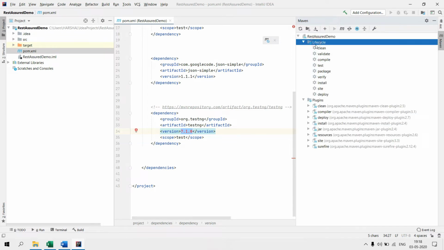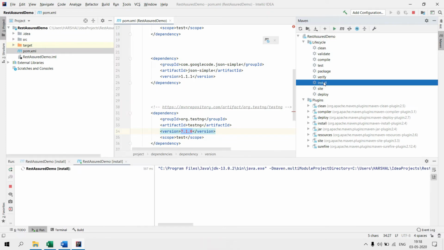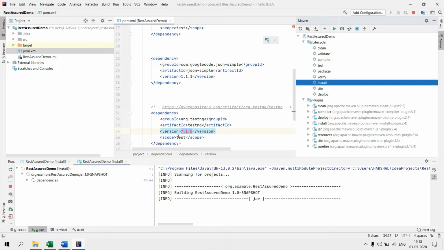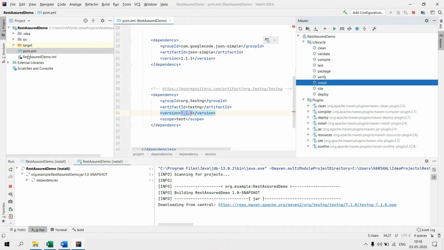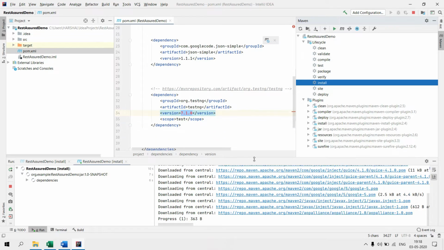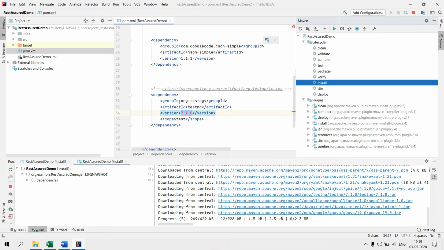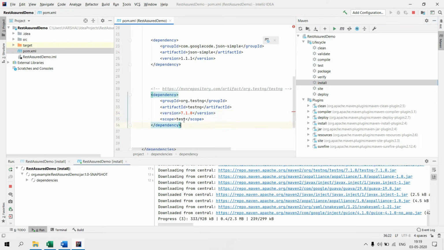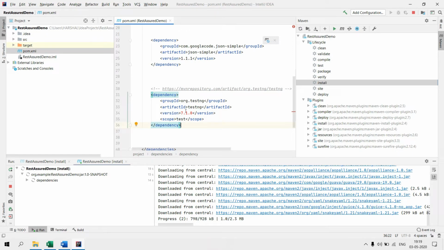For the life cycle, we have options like install, verify, and all this. If you click on install, what IntelliJ will do is try to install all these jars in your particular project. So it will take the jars from the Maven repository and try to install them. So we'll be doing that. Let's see if it works, or we'll be using the other versions of the dependencies.